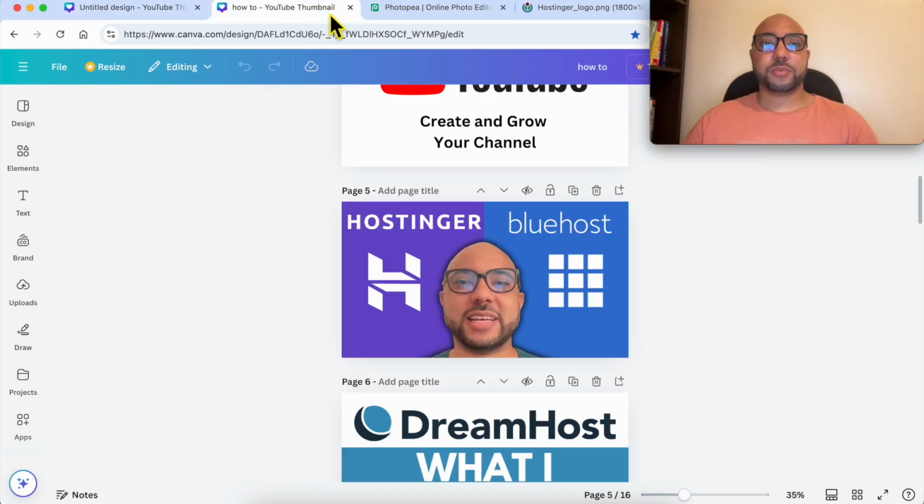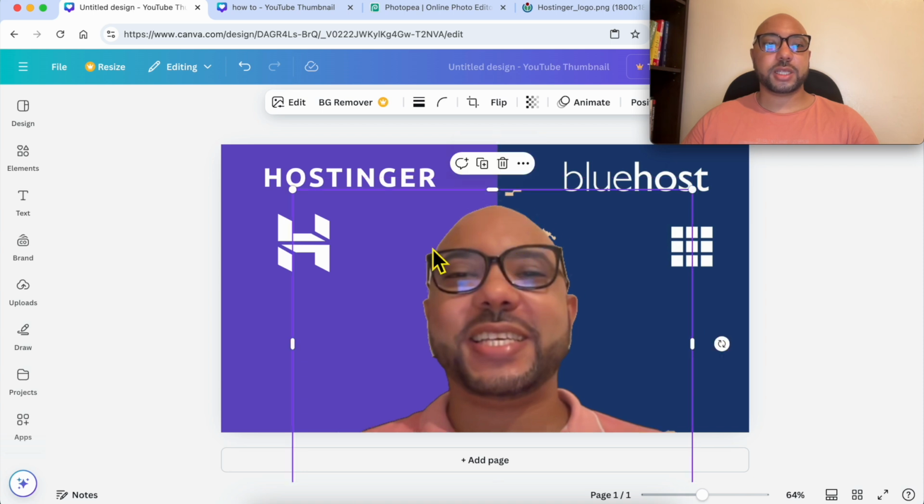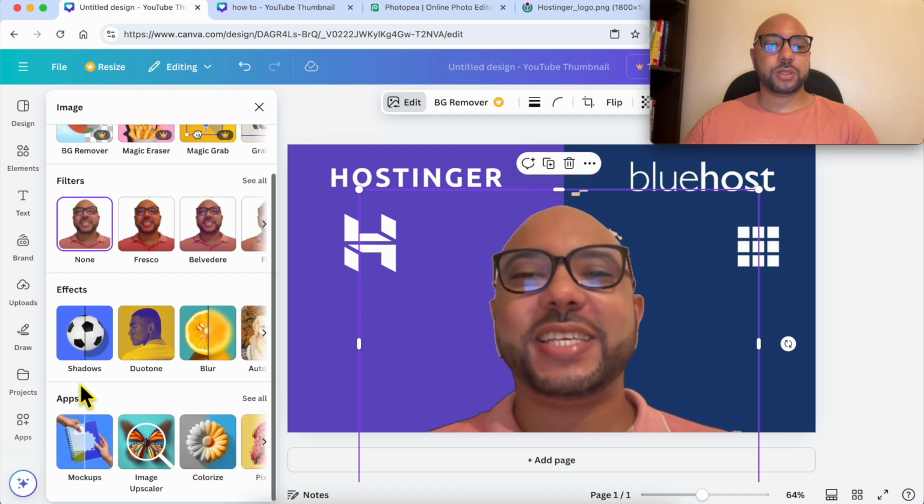and let's compare it to my one. As you can see, this is more detailed, more refined, a well removed background. As you can see, I have a slight shadow around my face. So to add this shadow, select your photo like that, click on edit, and scroll down to